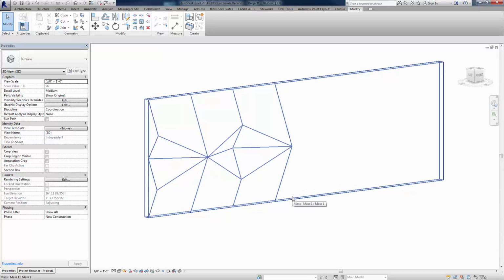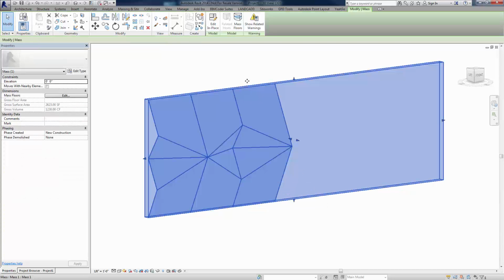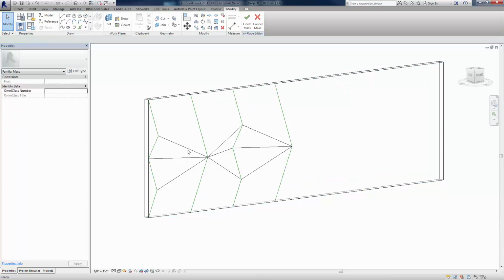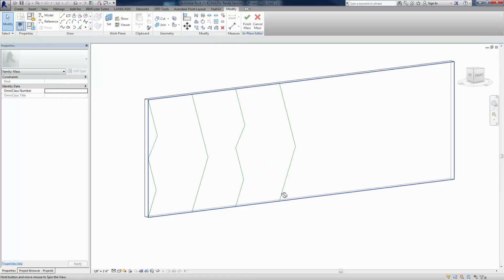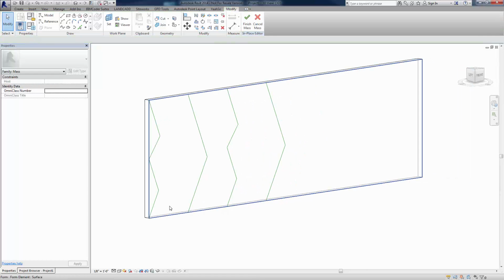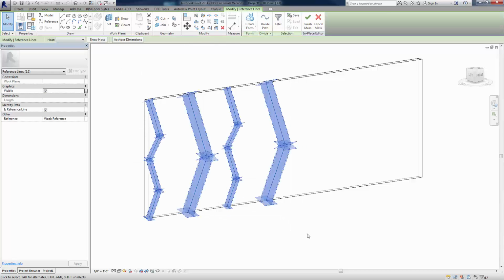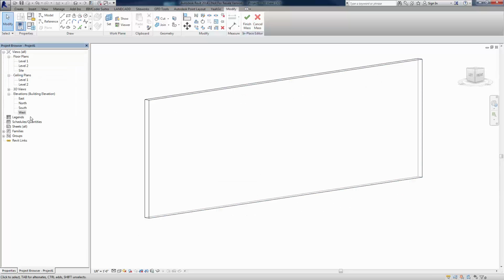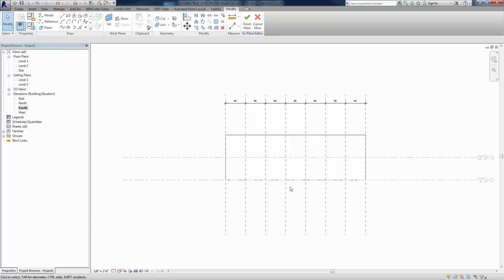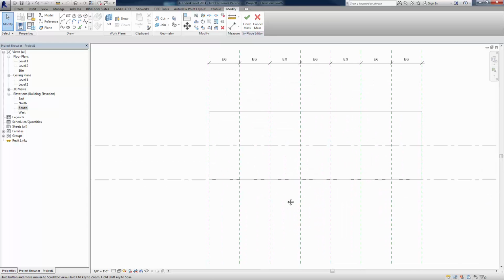So what you would do typically, and I'm going to just edit this to get rid of the geometry that I've created so far, and just kind of work my way backwards. So what we have here are essentially reference lines at reference planes, and then we use the reference lines to go ahead then and generate the geometry. So I'm going to actually get rid of the reference lines too, so that way we can understand kind of where we started from. And if I go to an elevation here, this is the south elevation of that particular